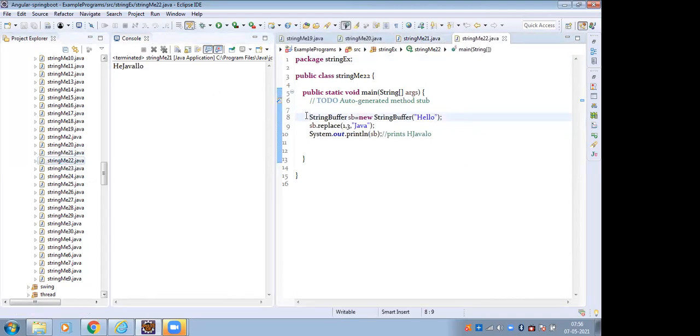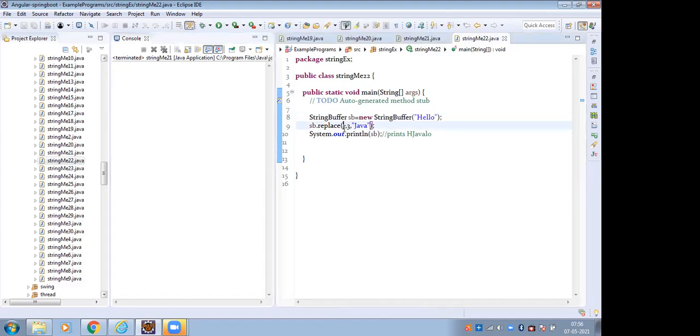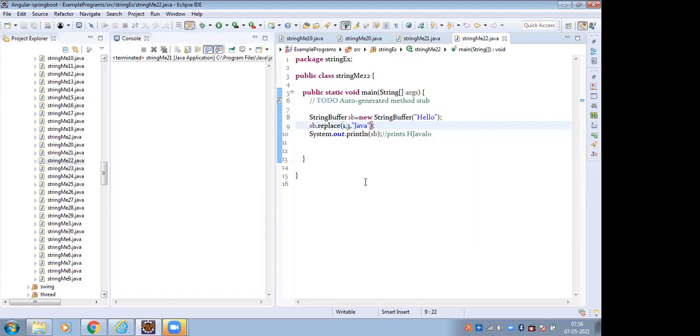Then replace. This is a StringBuffer object. Here I am using the replace method. The replace method is used to replace the characters. So that is for insert. Insert means inside a particular index we have to insert the value, and here we have to use replace. For replace we have to give the starting index and the destination.